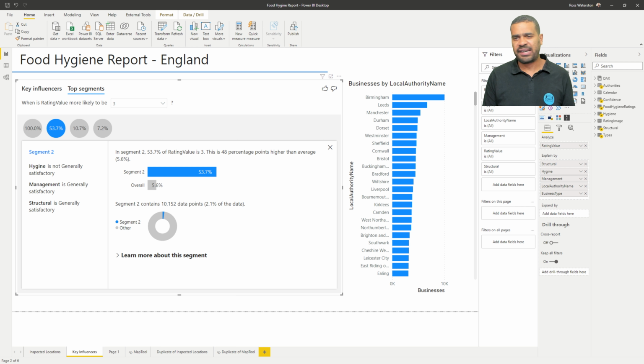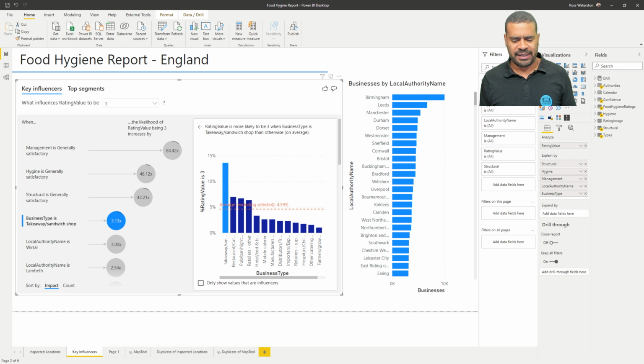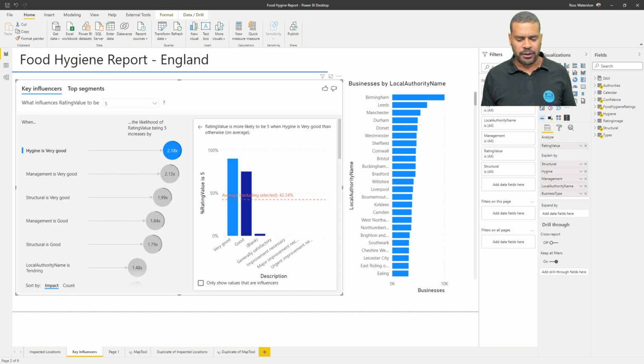Another thing to remember is be careful about who you present key influencers to. They need a lot of support. You don't want just somebody from senior management looking at it blind and going, oh, this is it, because it probably isn't, right? It's worth noting that if we look at these and see, the likelihood of rating value 5